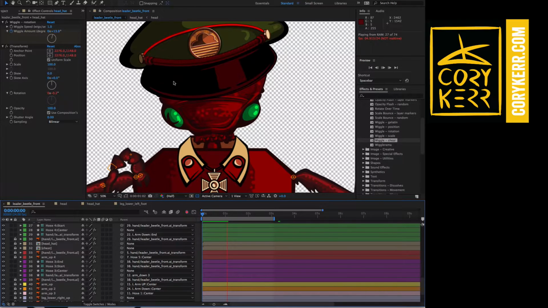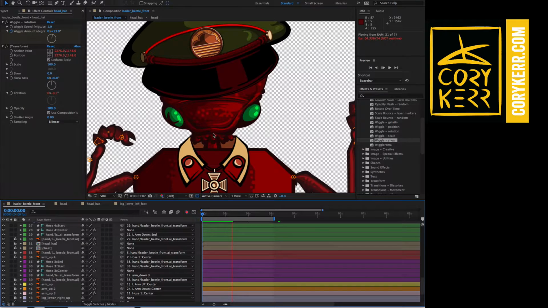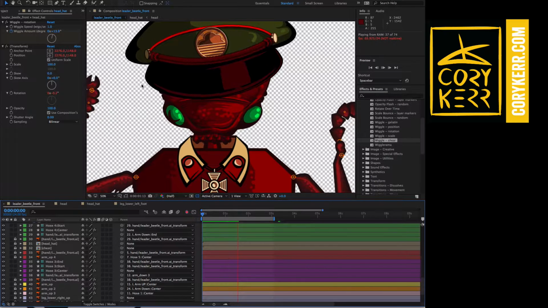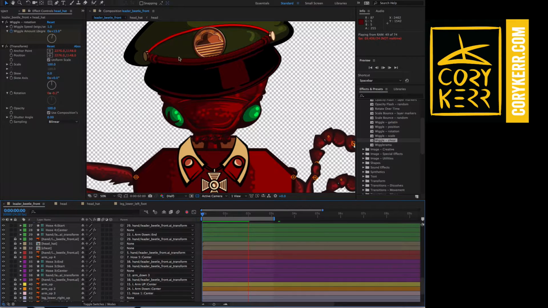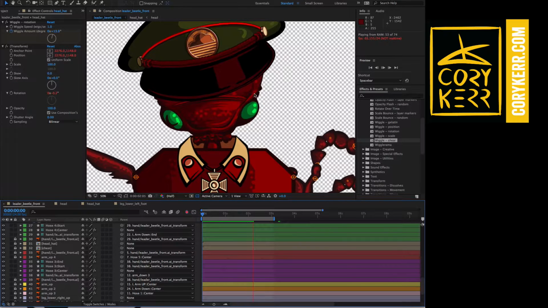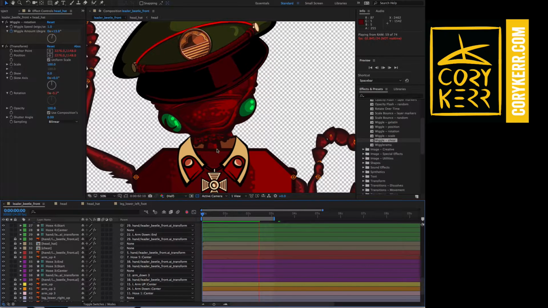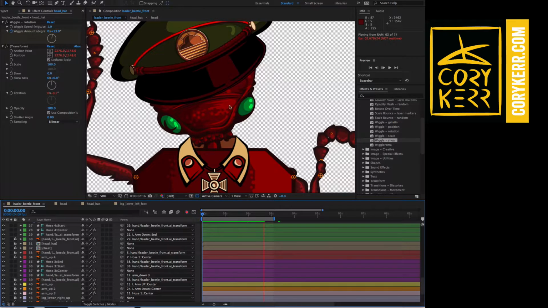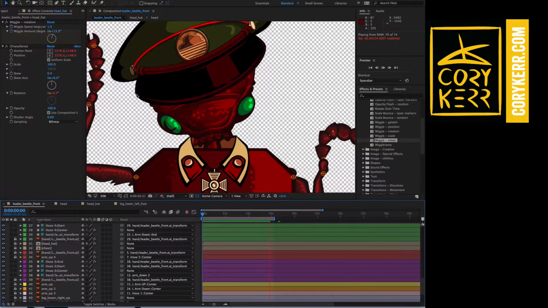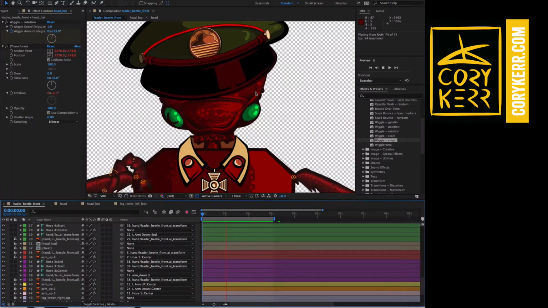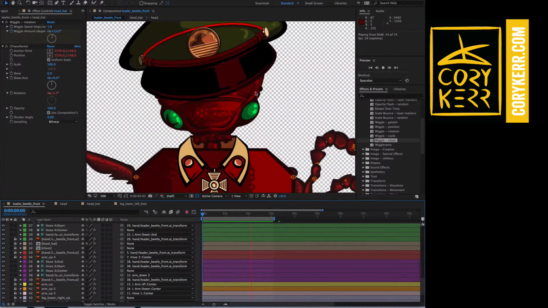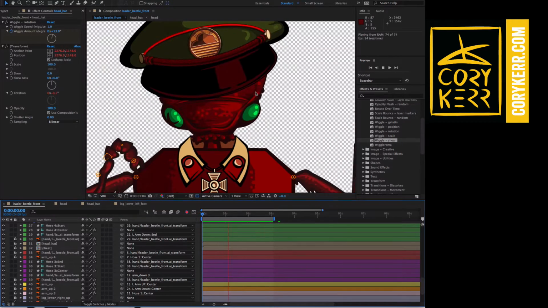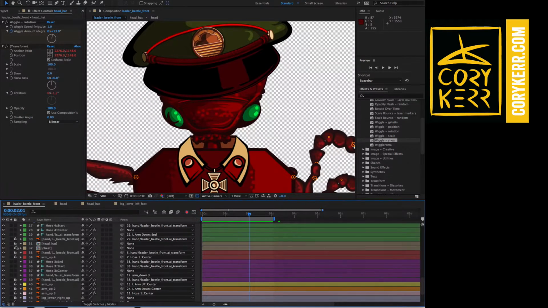Now you'll notice that I put a rotation wiggle with my anchor point right here on the head and hat. And so that's going to go back and forth slightly on a rotation randomness. And since this is pre-comped inside of that, it rotates inside because I put that on the pre-comp. And so now I've got kind of my gross looking mouth kind of moving back and forth. Okay. And so let's go back in